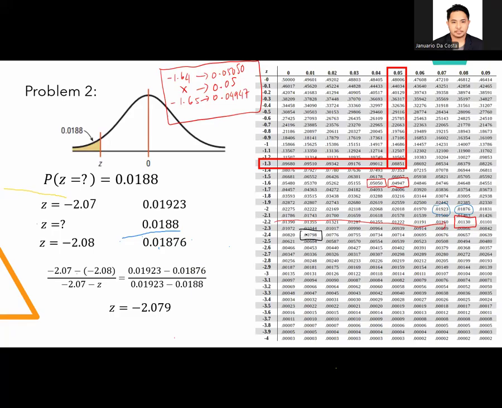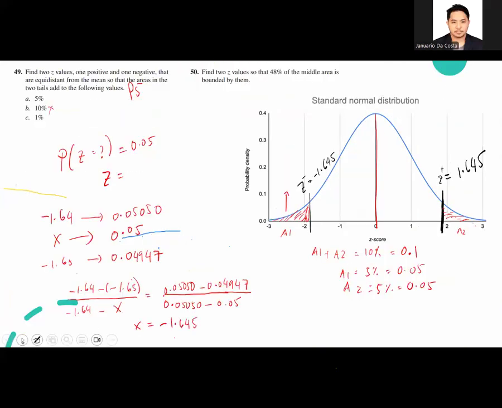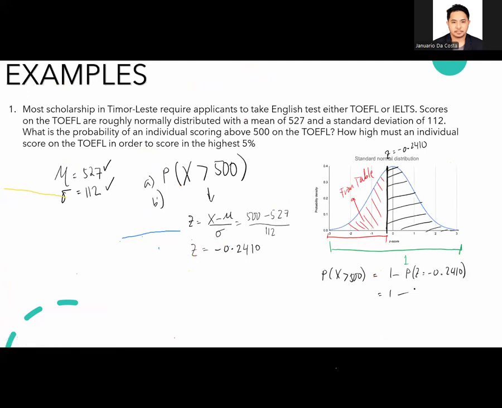0.00798. So that will be 0.00798. Okay, what is this minus here? 1 minus 0.00798. So that will be 0.99202, which is approximately